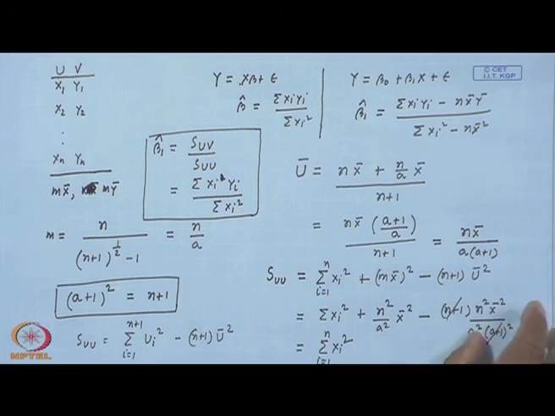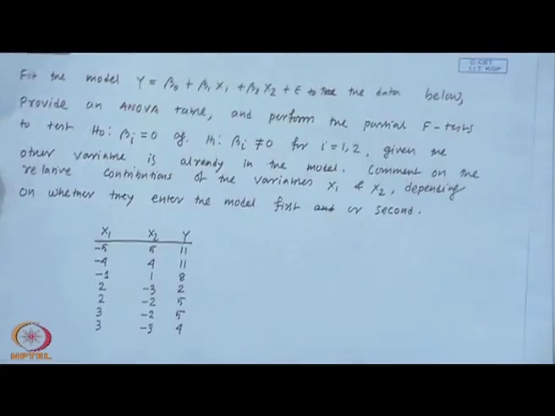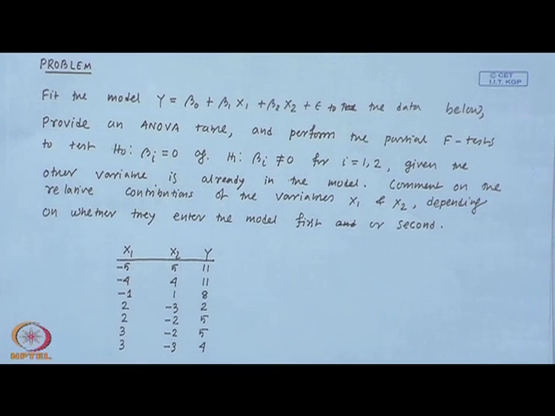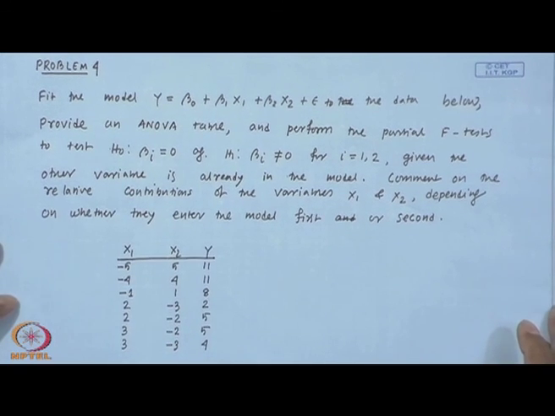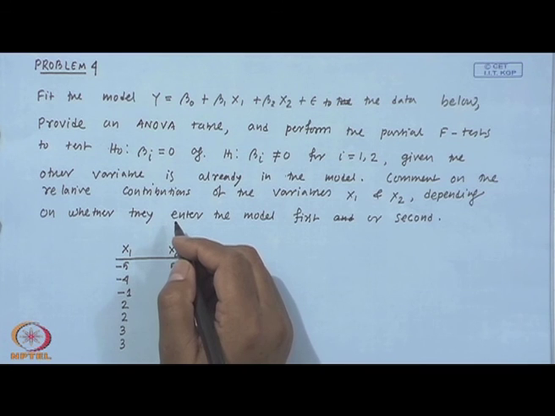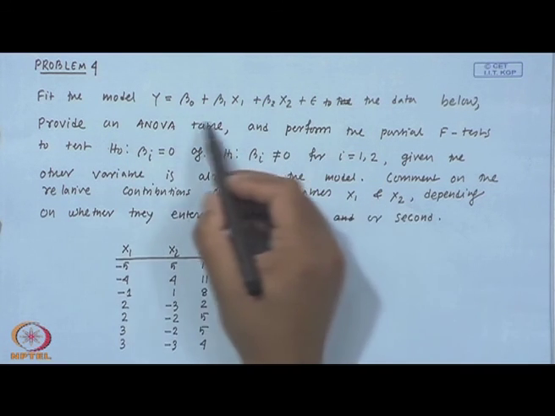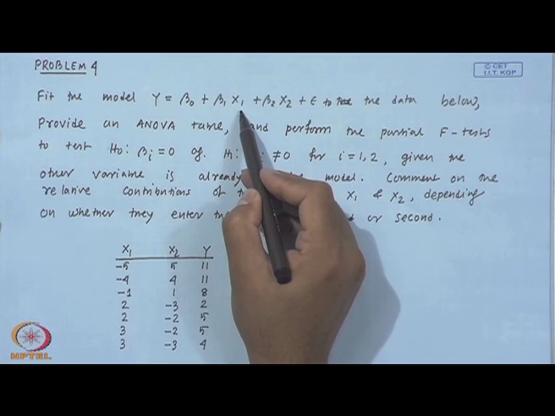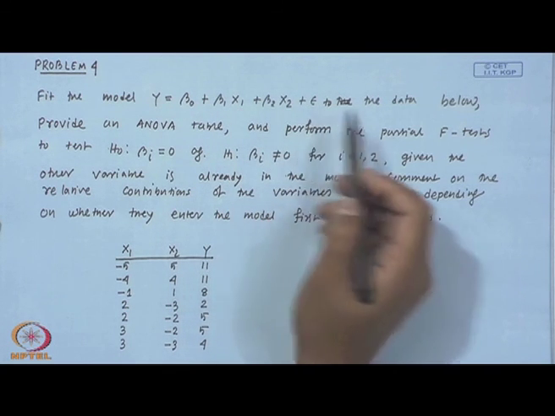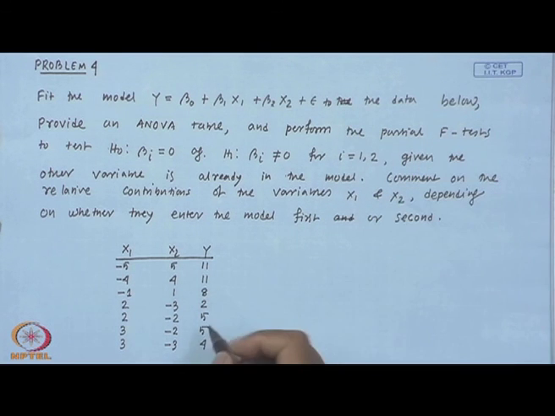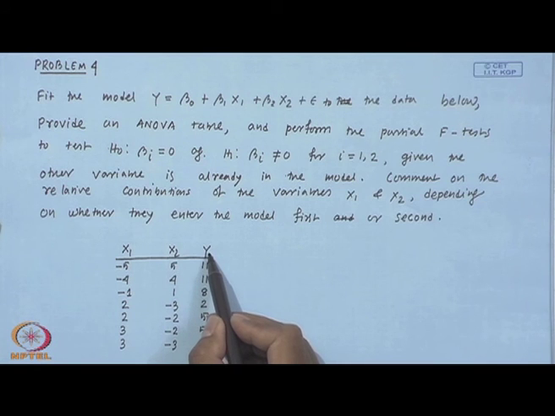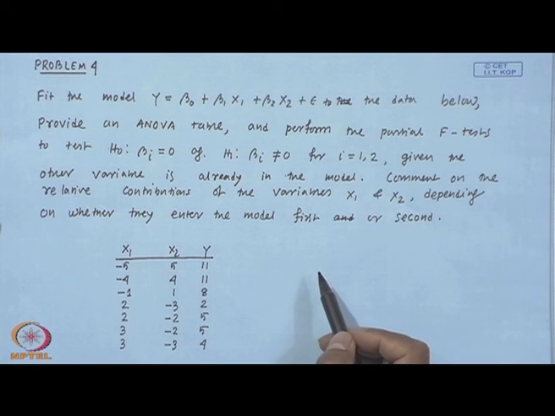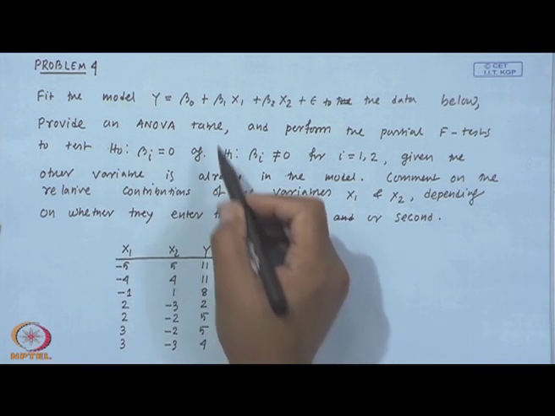Okay. Now, let me consider another problem. Call this problem 4. Okay. So, this one says that fit the model y equal to beta naught plus beta 1 x 1 plus beta 2 x 2 plus epsilon to the data given below. Okay. So, here we have two regressors x 1 and x 2 and one response variable y, and what you have to do is provide an ANOVA table. This is quite straightforward problem,